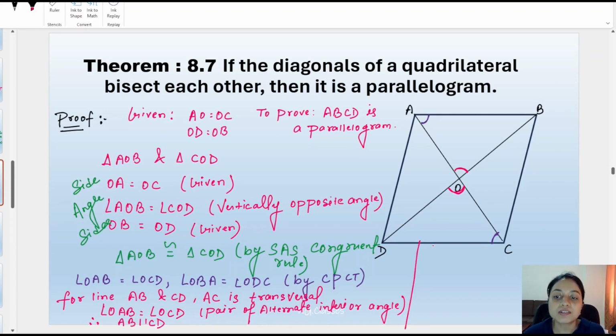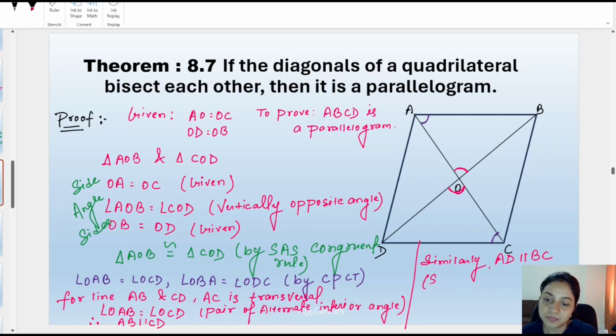Similarly, if we take triangle AOD and triangle COB, we will find that these two triangles are also congruent with each other. And from here, we will be able to prove that AD is parallel to BC. Once we prove that AD is also parallel to BC, we can say this quadrilateral is a parallelogram. So here directly we can write, similarly, AD is parallel to BC,